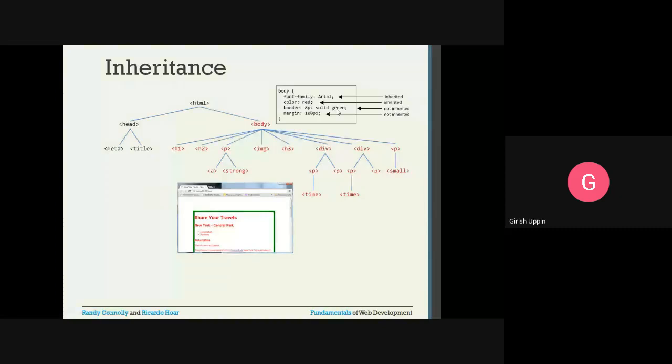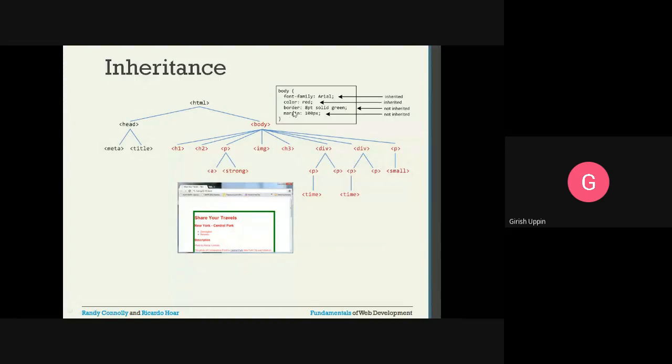And margin, we will see in the box model. Right now, understand the margin is whatever space you get from the parent. Here the parent is the body, and it will have a margin of 100 pixels on the left, top, right and bottom. So there are four properties.